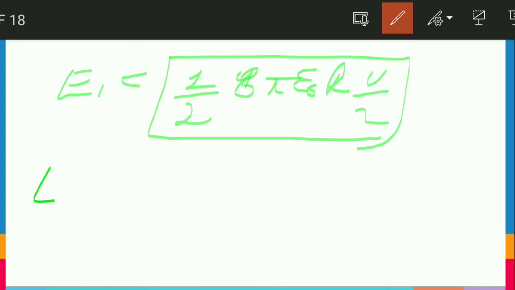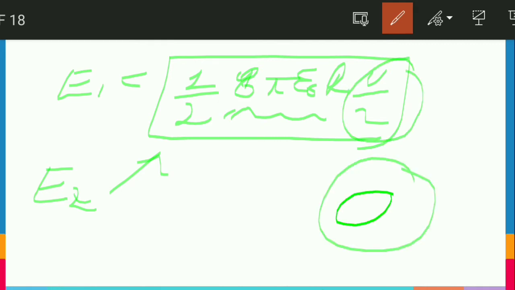So friends, E2 will also be equal to this, and you might be thinking how I have calculated it without putting any value. Actually C remains the same, and V by 2 also comes the same. This is V, this is V by 2, and this has no further plate, so we will assume potential 0. So this V is again equal to V by 2. So friends, I hope this question is also clear, so that we can jump to the next question.